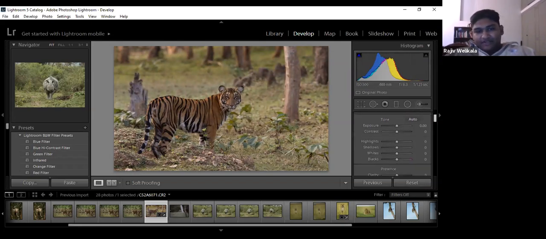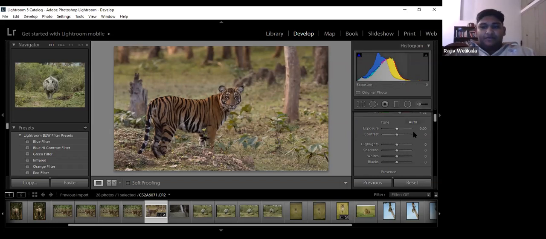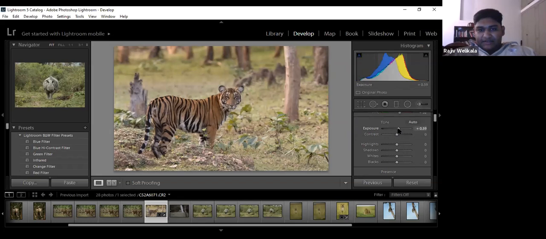But of course, if you're shooting in low light, nothing you do can replace good light. If you take it in perfect light, that's great for you. But if it's in bad light, of course, there's only a limit to what you can do. So that being said, because it's a bit dark and taken in low light, at the moment I just took it, you adjust the exposure a bit,